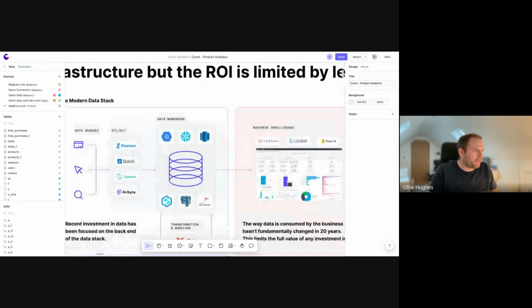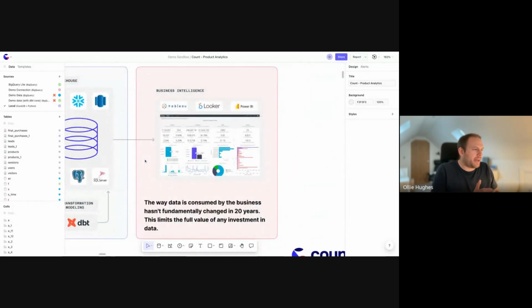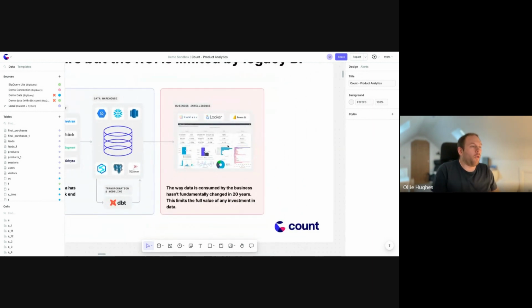A number of you might have these warehouse and ETL tools. But our thesis is that a lot of the value and investment that's been made in businesses over the last 5-10 years or more is constrained and bottlenecked by the way that the front of the stack works. The primary reason is that the way that business intelligence, the last mile of the stack, works hasn't changed at all in about 20 years.